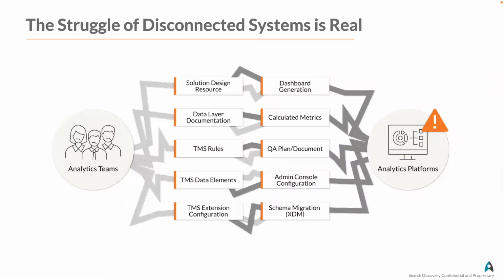Those pieces are pictured here, such as the solution design reference document, which is the listing of all of the variables and what they represent, the data layer documentation, which is sent to the developers for the implementation to take place, the rules and data elements, triggers, anything that you're using within your tag management system,